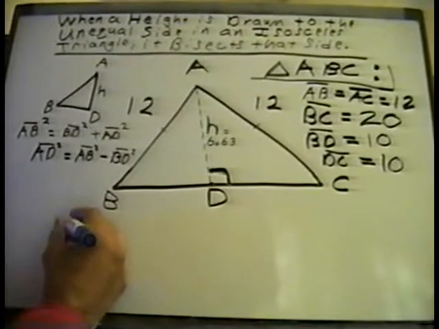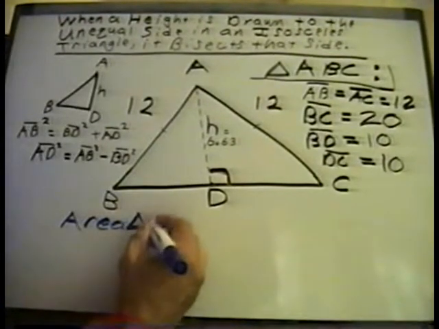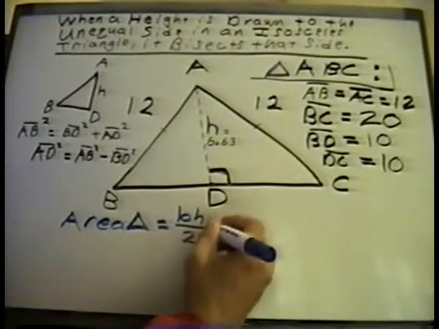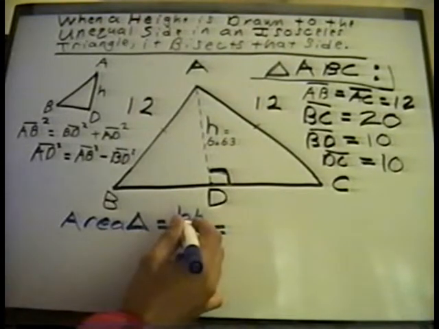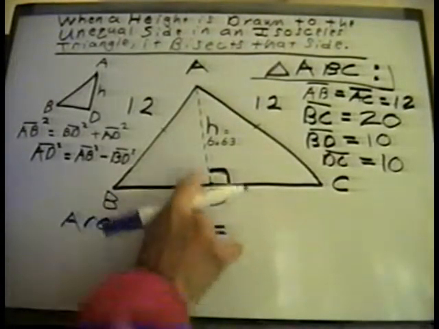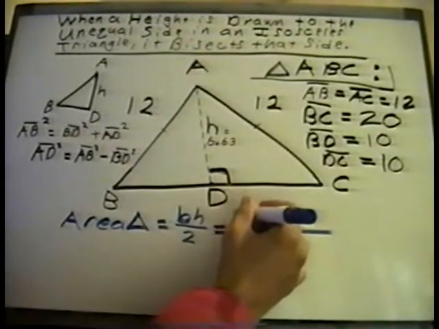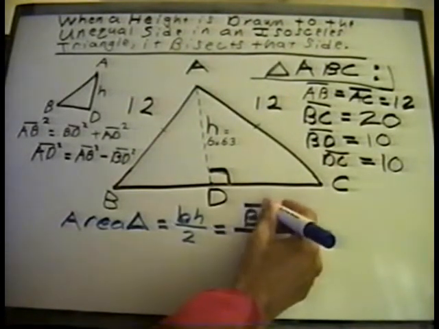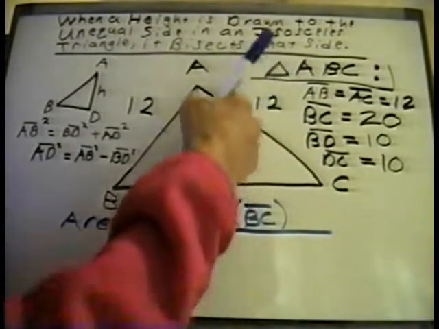We calculate for the area. We know that the area of any triangle is equal to 1/2 base times the height. Or I like to use it in this rational form, base times height over 2. So the base is BC and the height is H, or AD. So we say BC by the height AD